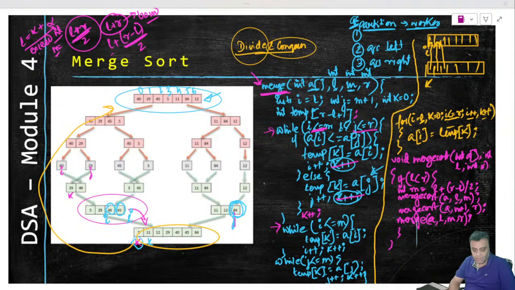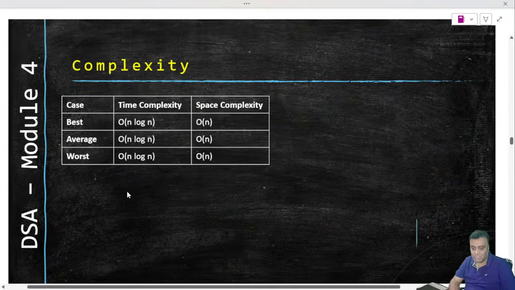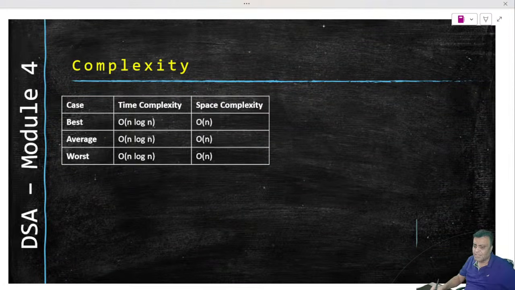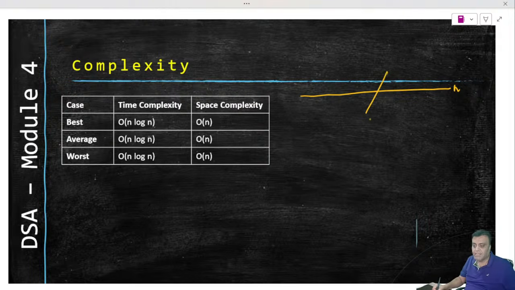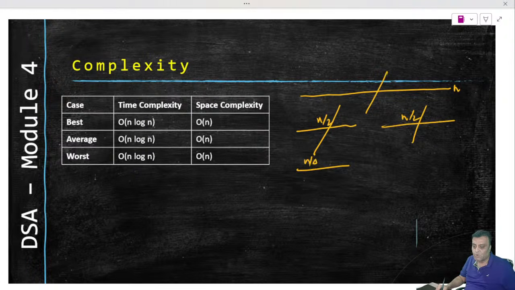Now if we move on to the complexity of merge sort, it will be almost similar, because again here there is a guarantee that, let's say if this is n, you are dividing it at the half point. So the next layer becomes n by 2 and n by 2. There is a guarantee that here again you are going to divide by half, so the next becomes n by 4, and n by 4. Here also it will become n by 4 and n by 4.